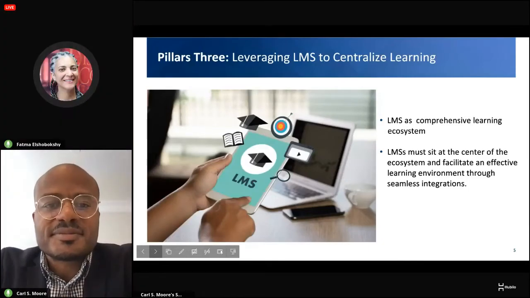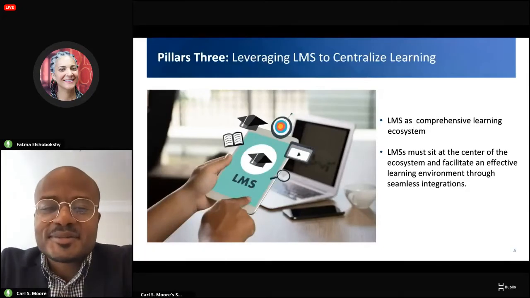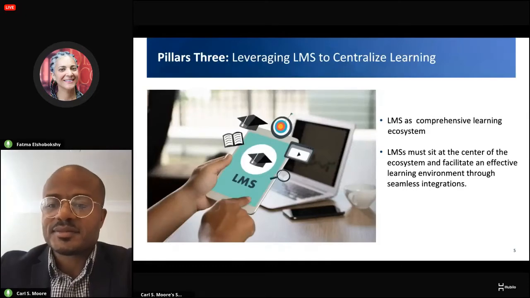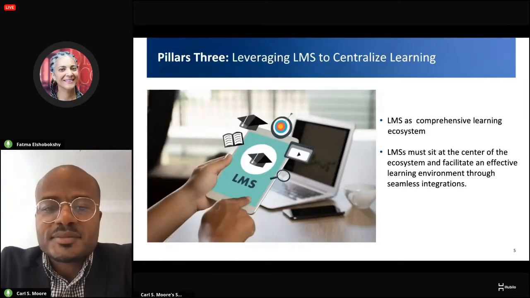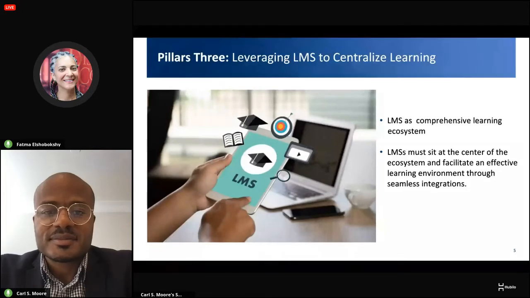So hi everyone again. That third pillar is really, I think it should always be the first, but with the flow, we thought it should be the third. So that is leveraging the LMS to centralize learning. Just a little bit of background: I was the LMS administrator for 5 years. So this is one of my favorite subjects, and I continue to promote using the LMS to centralize learning, not only for the HyFlex environment, but across modalities. So let's dig a bit deeper into why we centralize the LMS to advance learning.